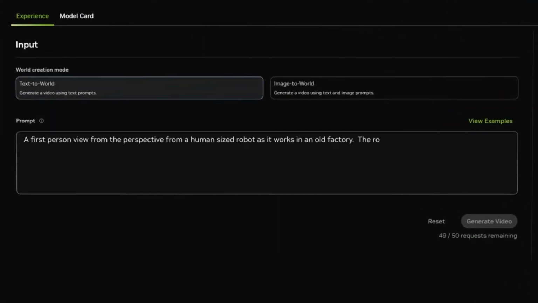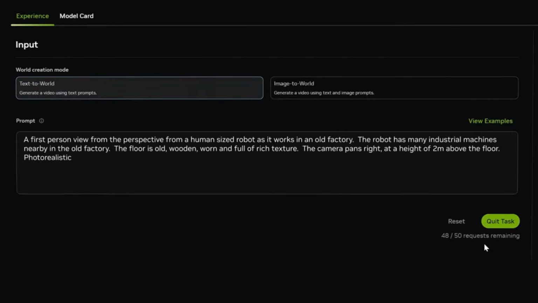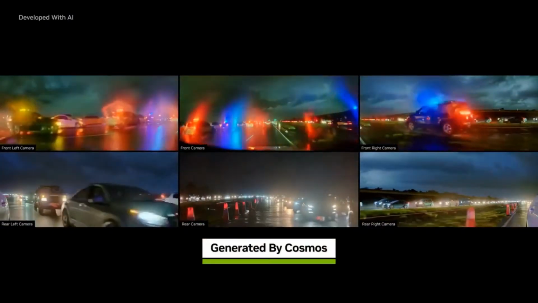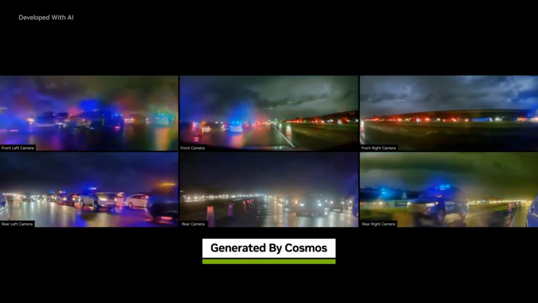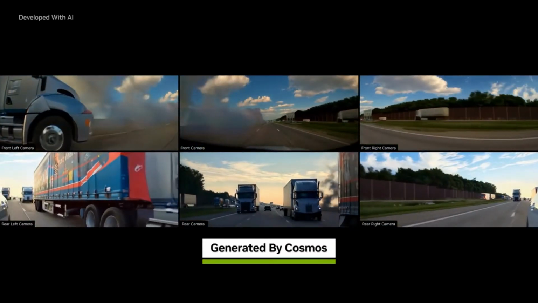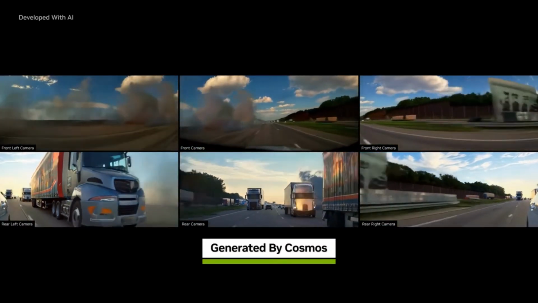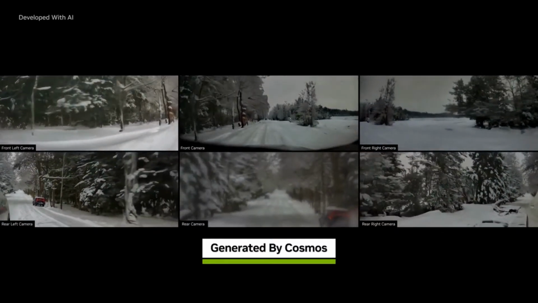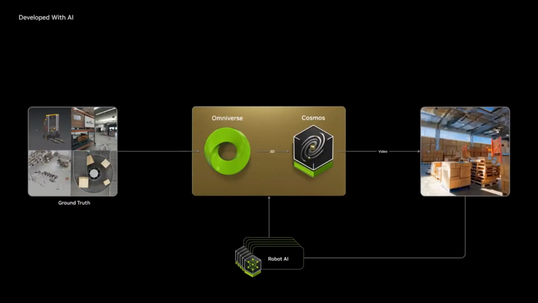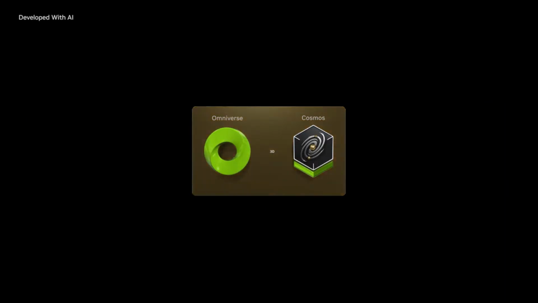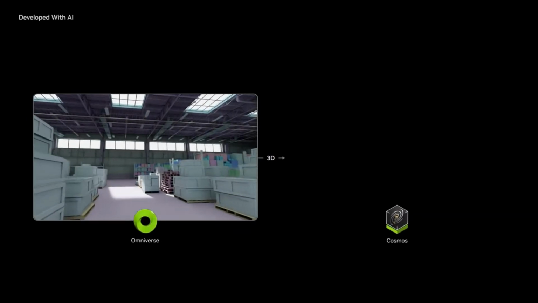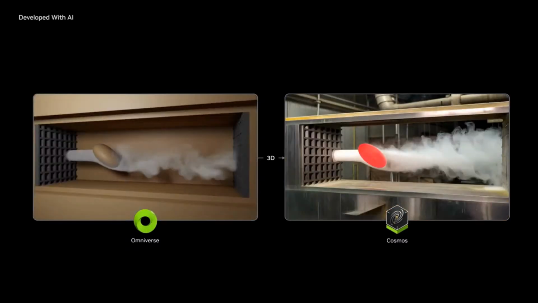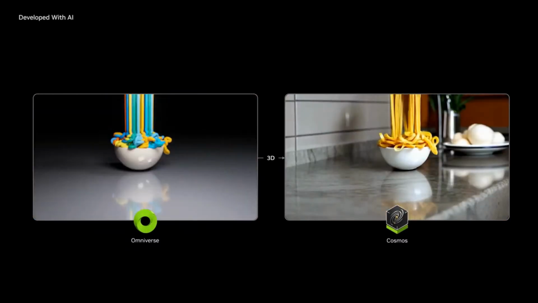Cosmos models ingest text, image, or video prompts and generate virtual world states as videos. Cosmos generations prioritize the unique requirements of AV and robotics use cases, like real-world environments, lighting, and object permanence. Developers use NVIDIA Omniverse to build physics-based, geospatially accurate scenarios, then output Omniverse renders into Cosmos, which generates photoreal, physically based synthetic data.